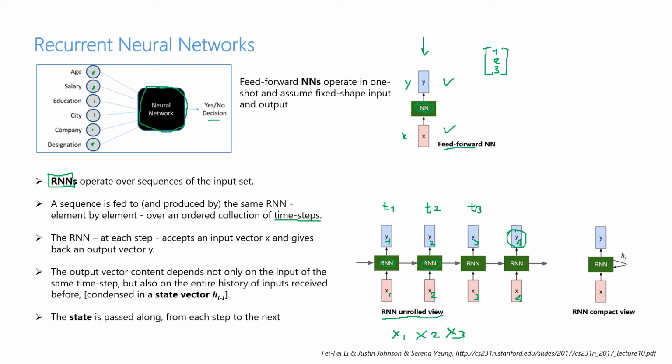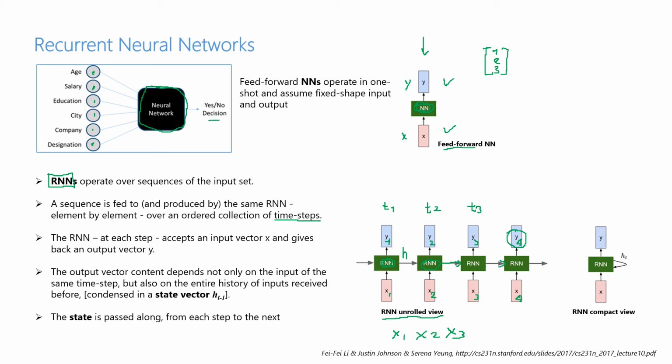So the network must be able to maintain a state. A state, which we can represent with the letter H, is something which is kept in the network, or we can draw it as if it was passed from one activation of the network